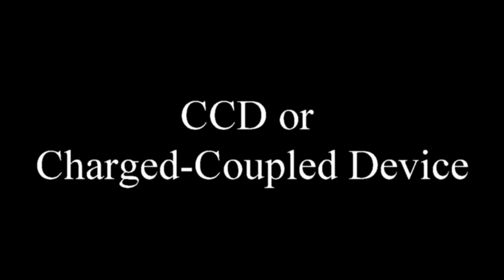The next game changer with regard to the recording media was the CCD, or the Charged Coupled Device. It was invented in 1969 at Bell Labs by Willard Boyd and George Smith. Since the CCD was sensitive to light, it was used as an image sensor for video and TV cameras. In 1972, semiconductor maker Fairchild introduced the first experimental CCD for photography, which made exposures of the format 100 by